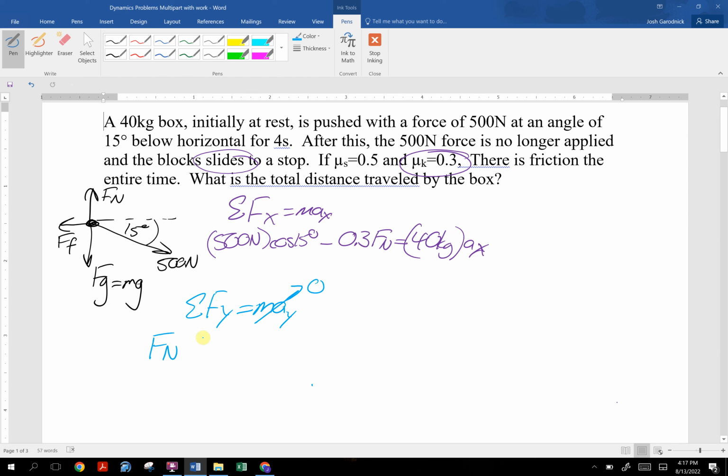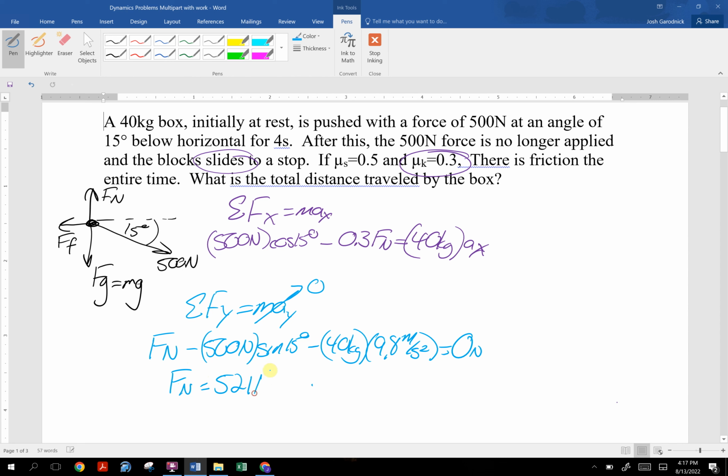So we've got the normal force acting up. We have 500 newtons acting down at an angle of 15 degrees. And we've got gravity acting down. And would you look at that? We can get the normal force. Isn't that amazing? Equals 0 newtons. So we get a normal force of 521 newtons, which I can then take and sub in here,